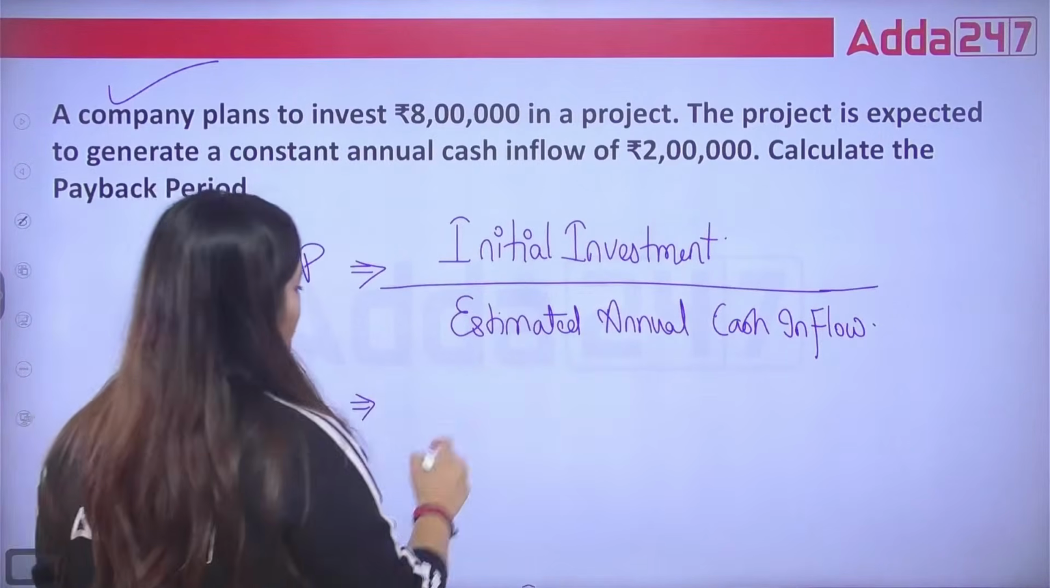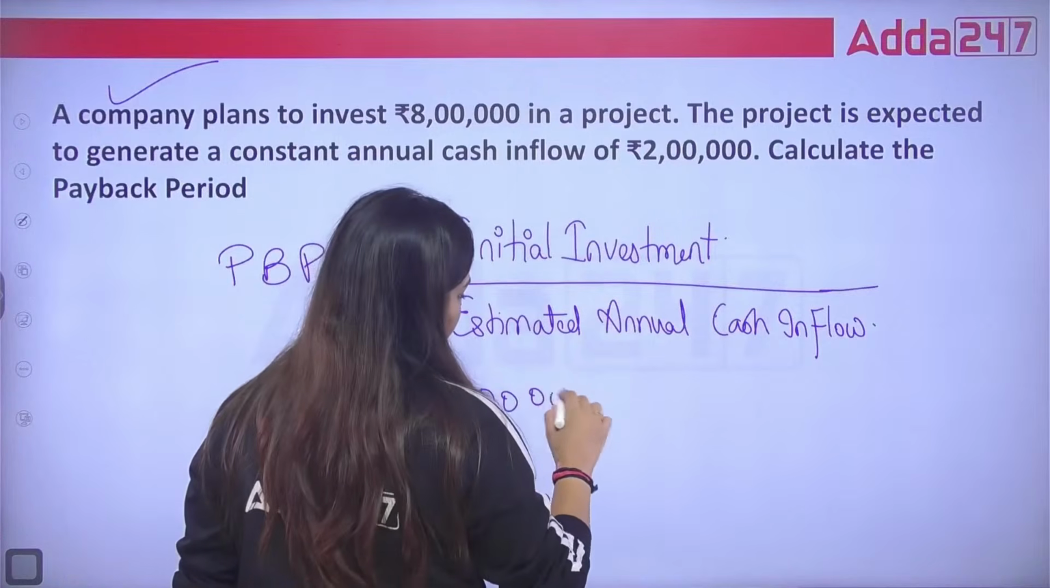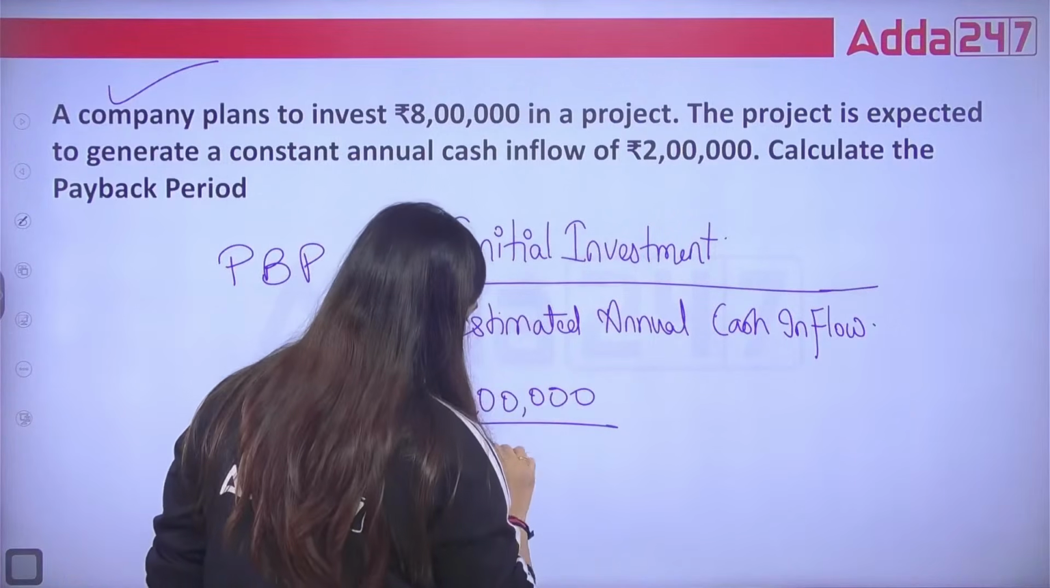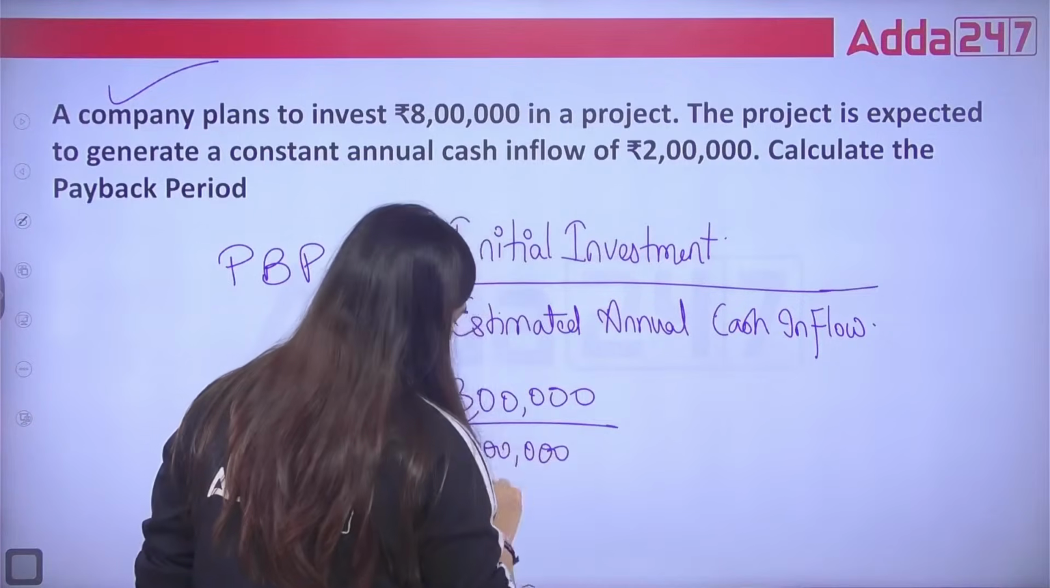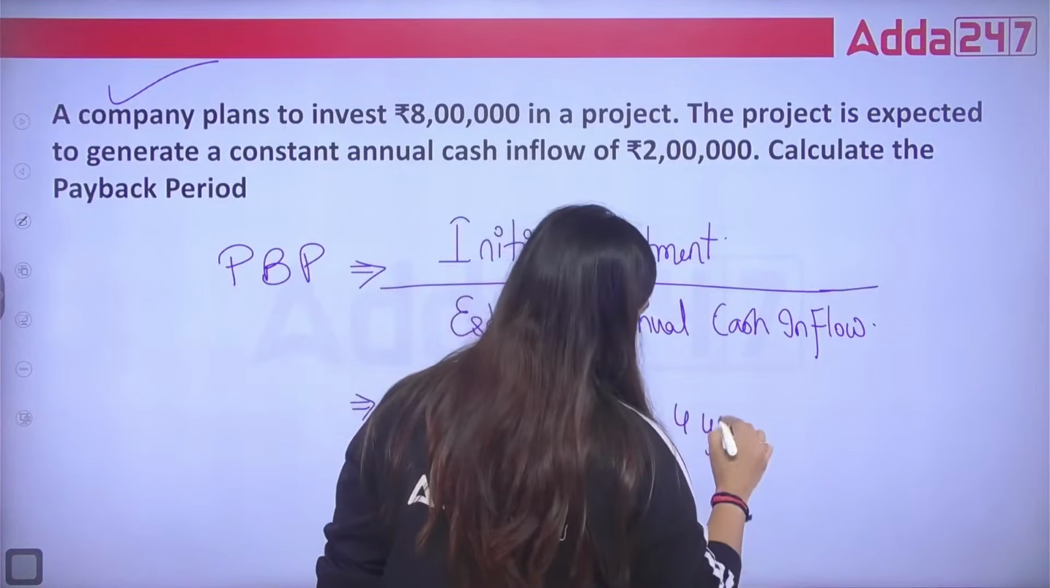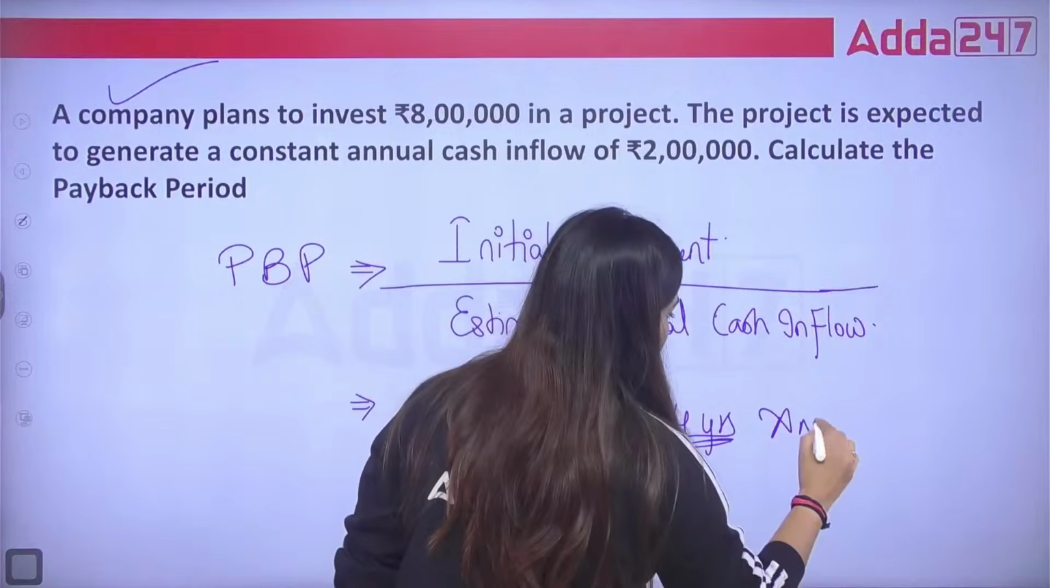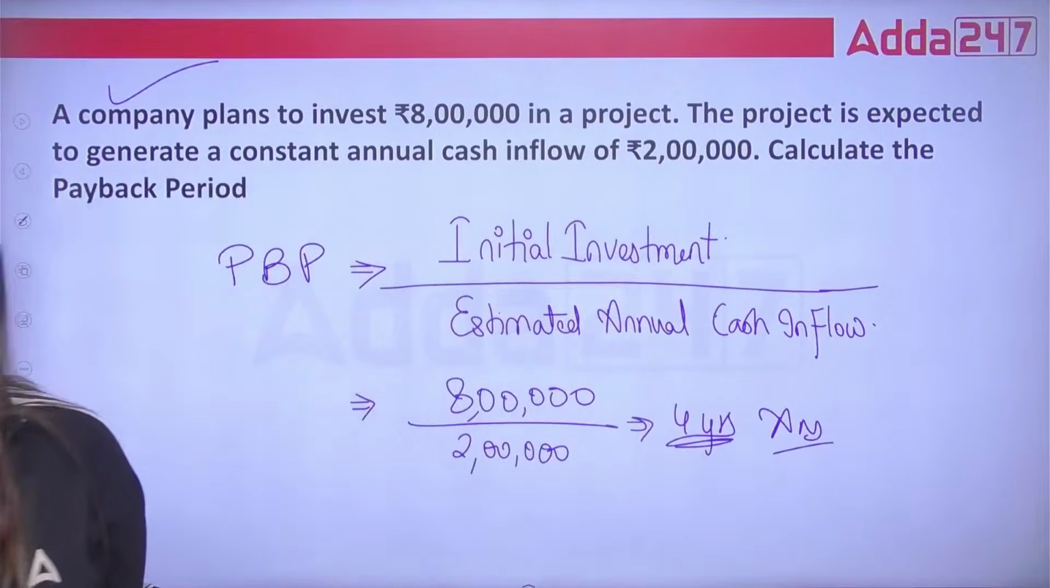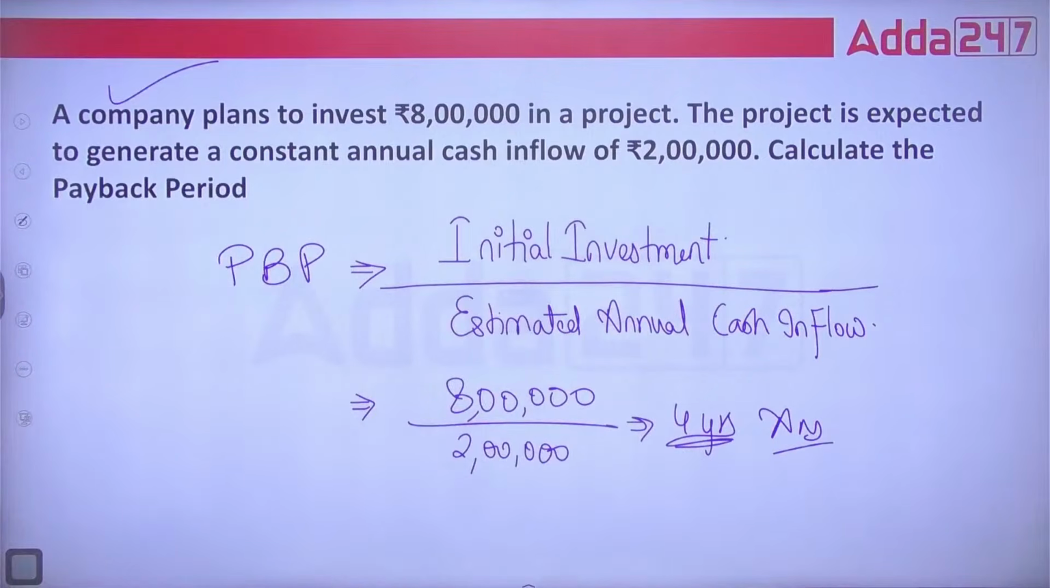Initial investment is your 8 lakhs divided by 2 lakhs. So your answer is 4 years. This is your payback period. I hope everyone got this answer. Okay. Now,